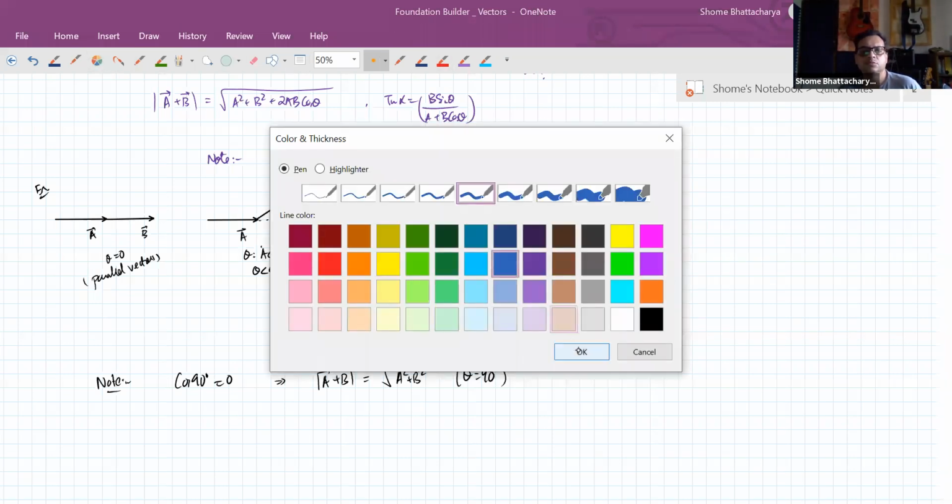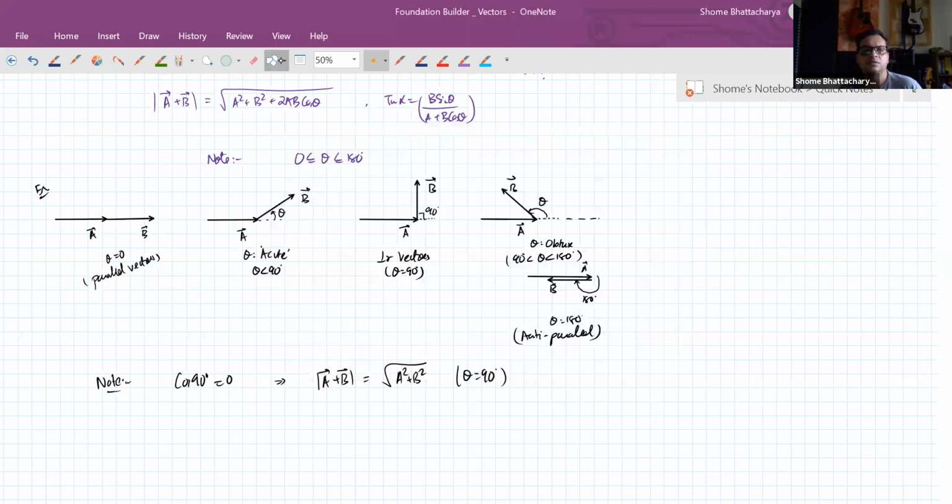You can understand just from the diagram that when you complete the vector triangle for the case where the two vectors are perpendicular, you will get this right angle triangle. So obviously the magnitude of A plus B will become the hypotenuse of this triangle. But now the question is, what do we do in this case, this other case which I am showing you here? How will we calculate the value of the magnitude of A plus B? Or in this case, how will we calculate it? So let's come to that.